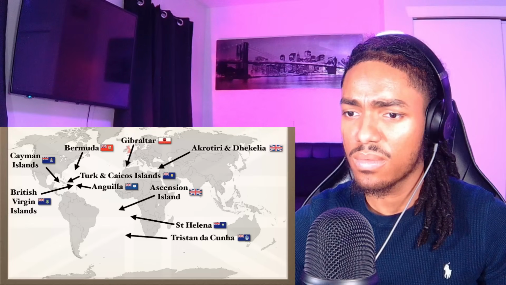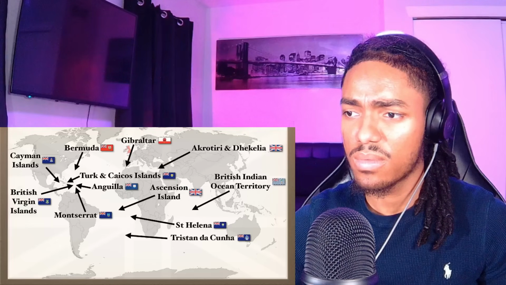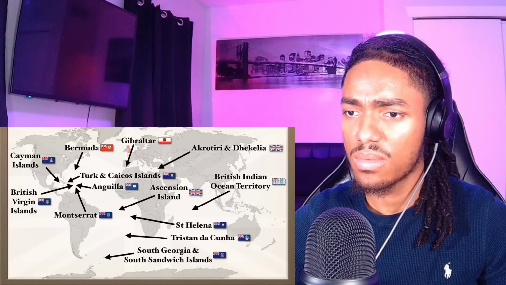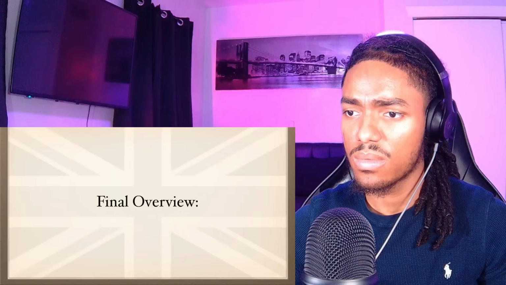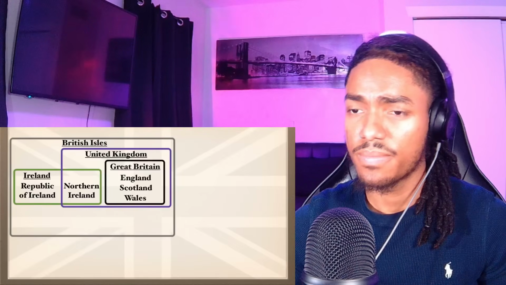Helena, the Ascension Islands, Tristan da Cunha, Montserrat, the British Indian Ocean Territory, the South Georgia and South Sandwich Islands, the Falkland Islands, the British Antarctic Territory, and the Pitcairn Islands. For our final Venn diagram, the United Kingdom is a country situated on the British Isles and is part of